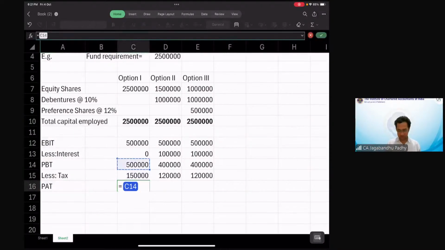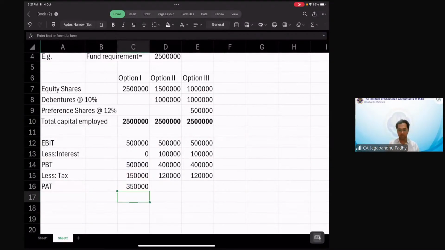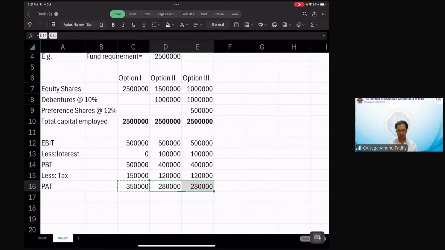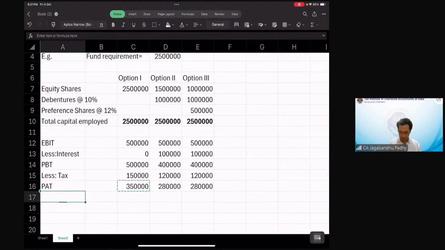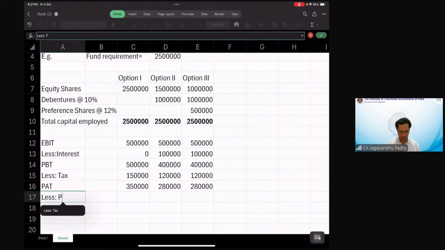So profit after tax is PBT minus tax, which is 3,50,000, 2,80,000 and 2,80,000. Right? So PAT is remaining the same. Of course, from that, we need to further reduce the